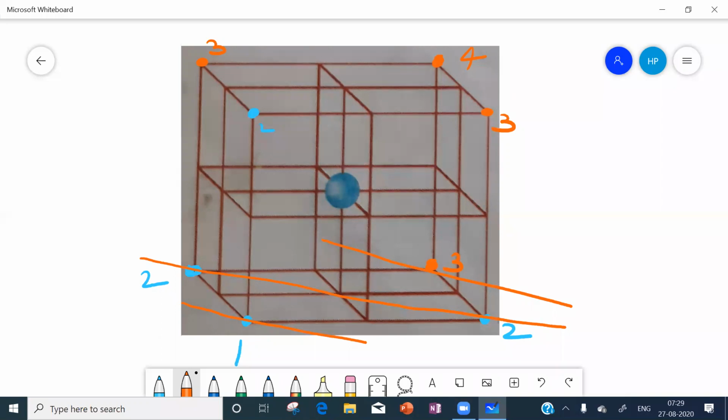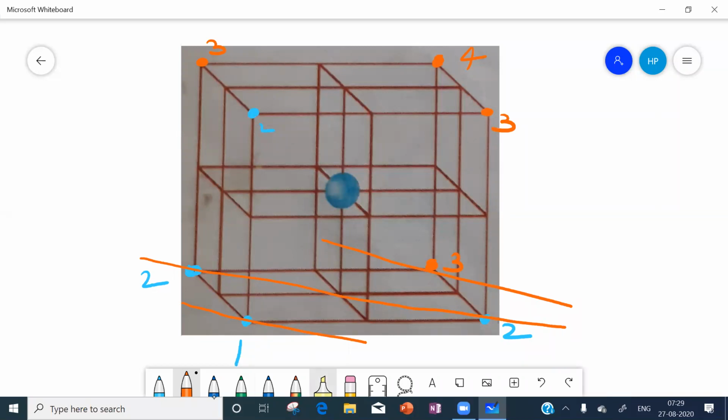So this corner is in one layer. Above that, second layer corners are there. Above that, the third layer corner is there. Like that, 3 layers are there. So this bottom face is not in one layer, it is in 3 layers.